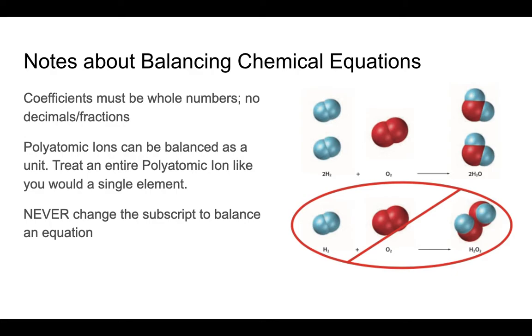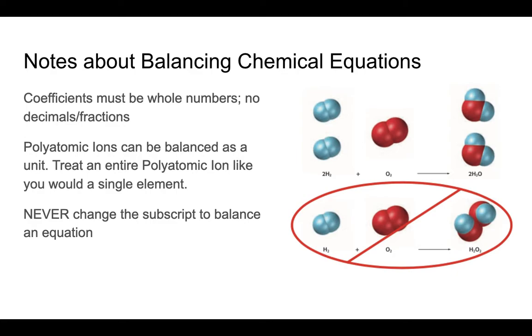We can work with polyatomic ions in chemical equations. They have to be balanced as a unit. So remember, polyatomic ions are ions that are groups of atoms. Those polyatomic ions move in chemical reactions as that group of atoms, so we don't need to split them up. We can treat that polyatomic ion like we would a single element. And I have an example of that in a video, and it makes it much